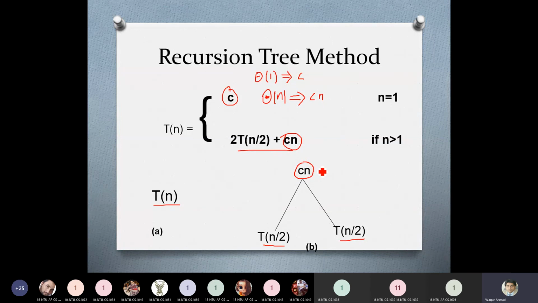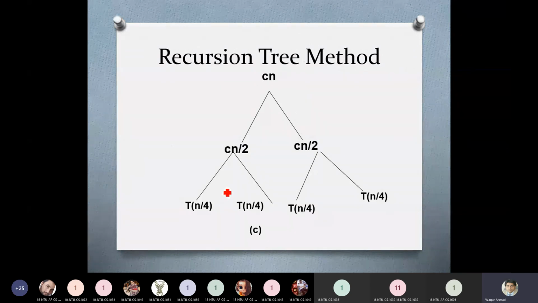The merge activity will take time equal to theta n or equal to Cn. After that, you can observe that here we have replaced T of n over 2. The cost of T of n over 2 is equal to Cn over 2.